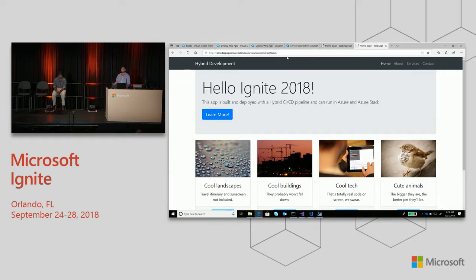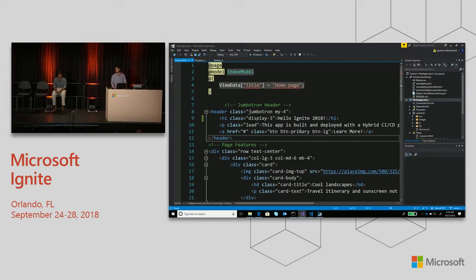But instead I'm going to walk you through this entire process of how it happened. So let's say I want to do a feature change set to this web application, and instead of saying hello Ignite 2018, I wanted to go to my source code and change it to just say welcome Ignite 2018. This could just be for any website, just changing a simple title. You're checking in a feature.